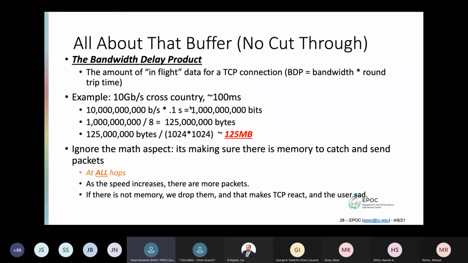How do you calculate that? Well, there's a rough calculation that you can do. It's called the bandwidth delay product. This is the amount of quote-unquote in-flight data for any TCP connection, and I'm doing this for a single stream. Change your math if you're doing multiple streams. But if I have an expectation of being able to go 10 gig across the country at about 100 milliseconds, convert your bits to bytes and do all the math. Basically, you end up needing about 125 megabytes of buffer memory that must be available